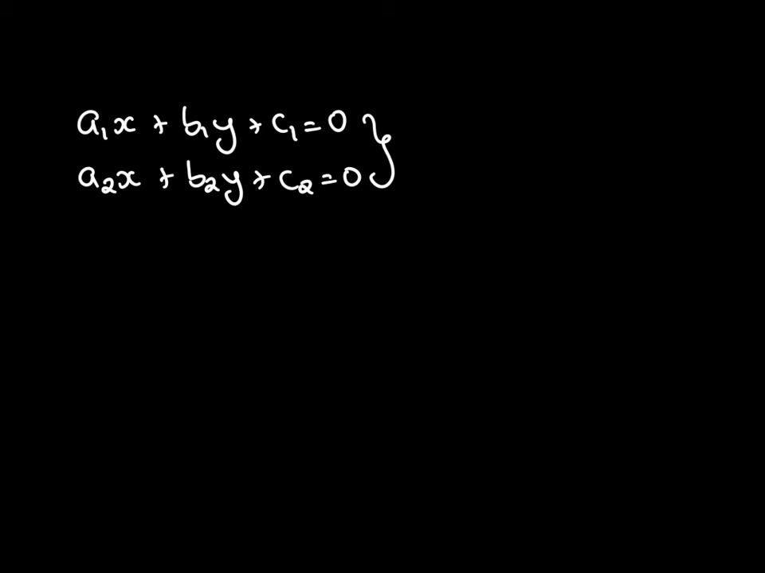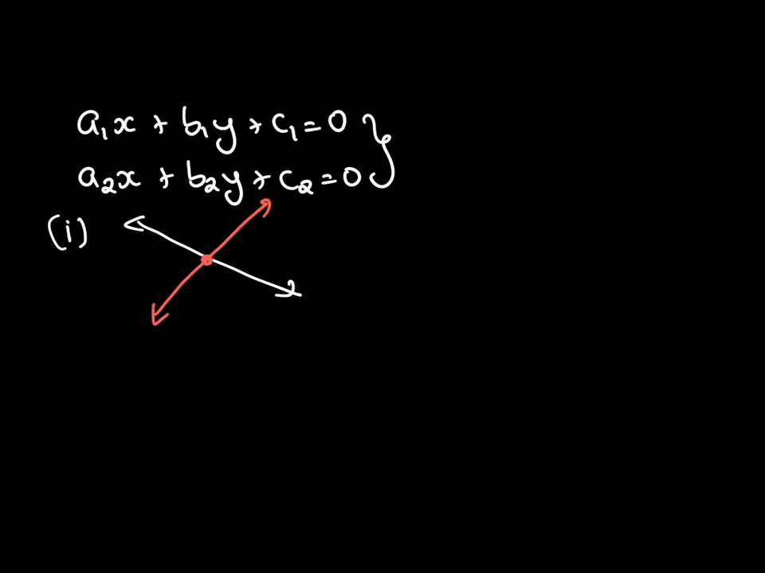So when we have a pair of linear equations, and when we graph this pair of linear equations, we will have two straight lines, one for each linear equation. And when we have two straight lines in a plane, there can be only one of three possibilities. In one possibility, the two straight lines could intersect each other